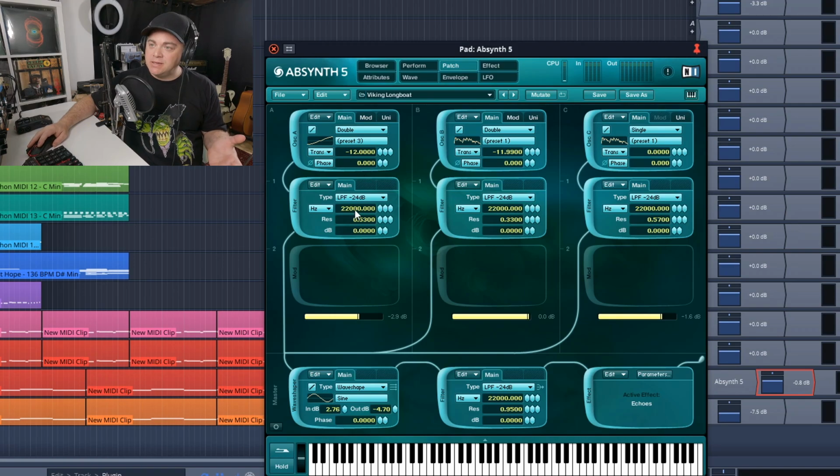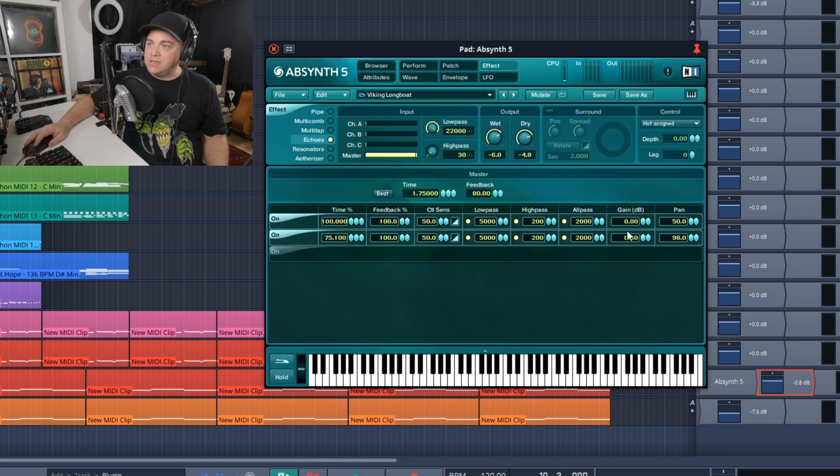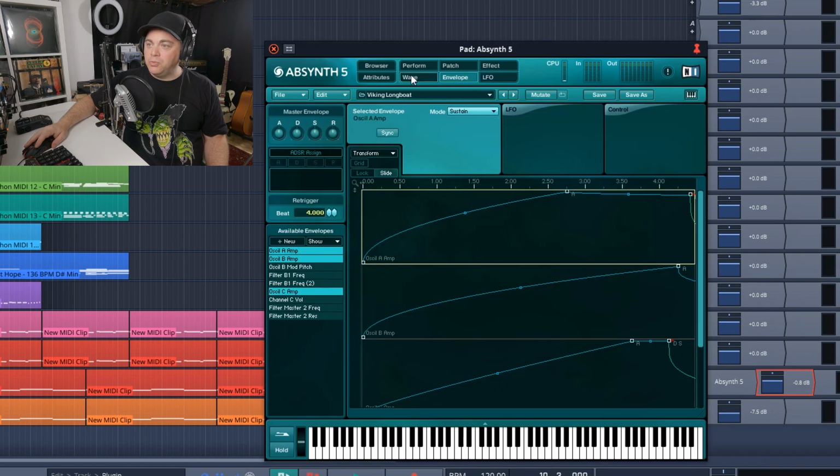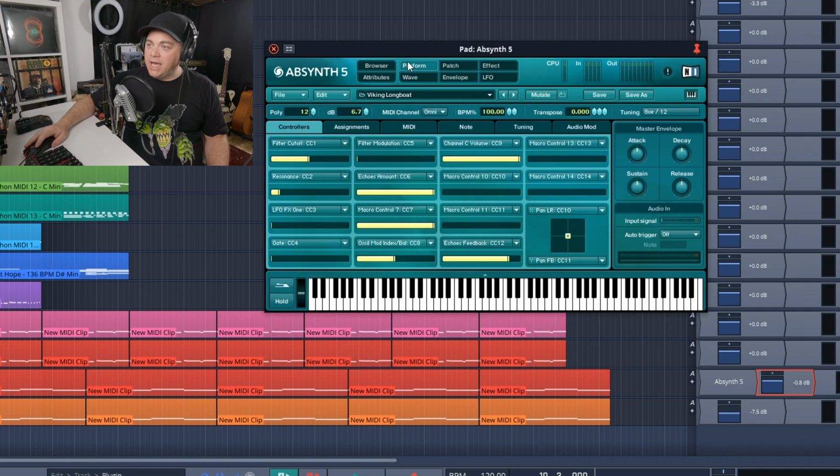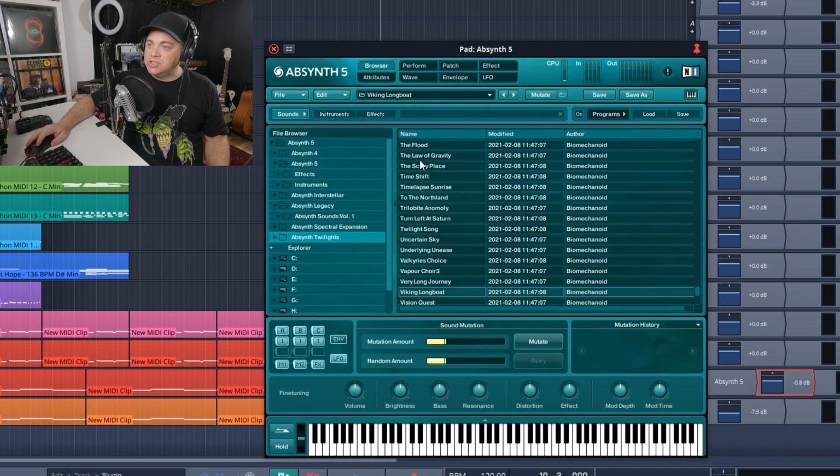So as you just heard, the Absynth 5 synth is capable of creating some huge soundscapes and pad sounds that could be great for cinematic music. Now, this is a semi-modular synth. You can see we have the patch view, which shows you where you can add things and route things in there. You have your effect view, LFO, envelope, wave, so you can see the wave, and perform view right in there. Plus, of course, you have your browser, so you can change all your presets if you want. And speaking of presets, it includes over 2,100 presets to get you started, which is amazing.